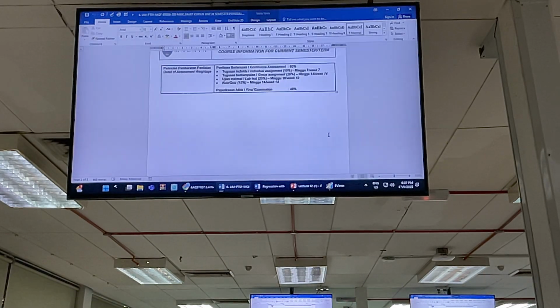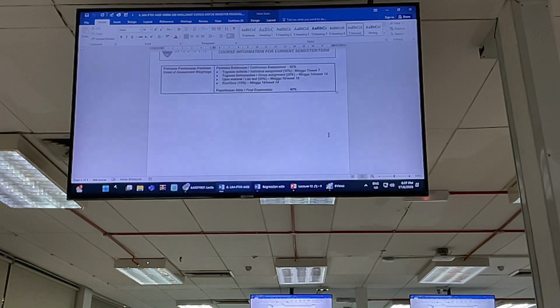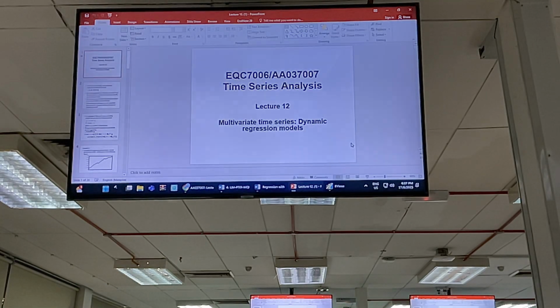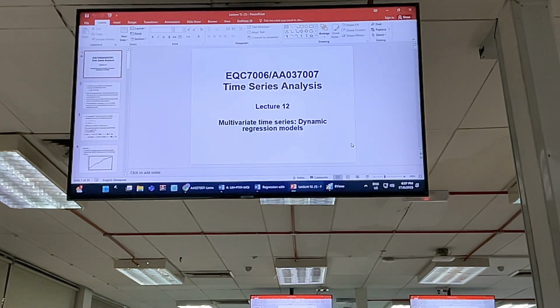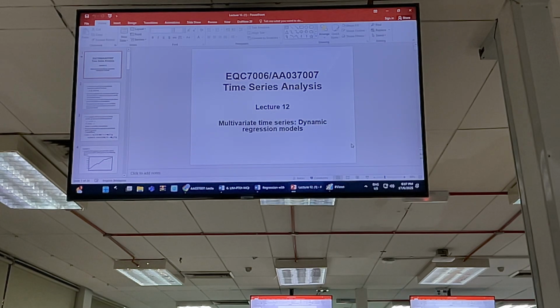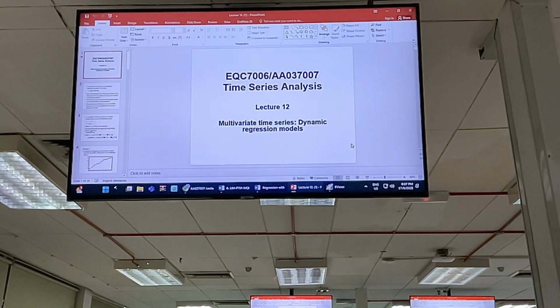So today we discuss the last topic. It's just a quick, short topic on how to use ARMA, how to model, or we call it how to include the ARMA errors in the regression model. It's actually one of the possible ways to improve the model in terms of